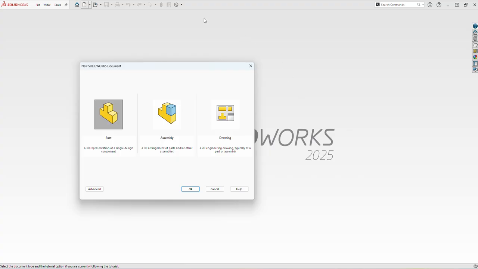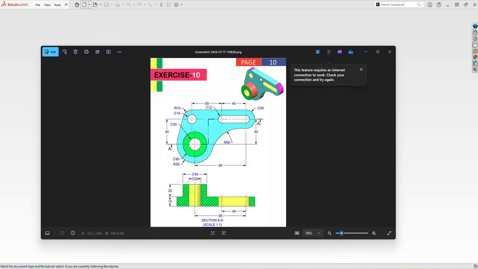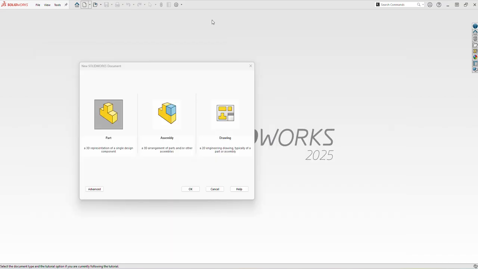Let's get started. You can see here in exercise 10 the multiple circular bosses and holes and a slot feature with tangent arcs of different radii. Section A shows the thickness and boss height. Understanding the drawing first will help us to model the part accurately. Now open a new part in SolidWorks